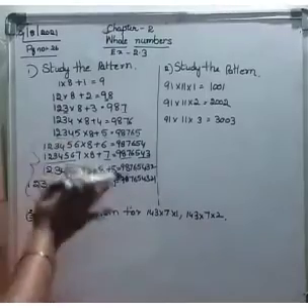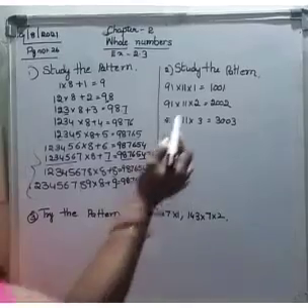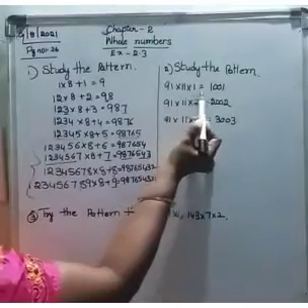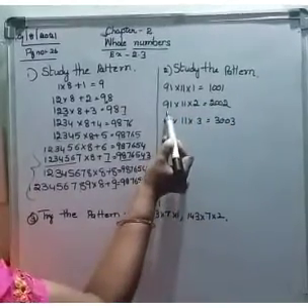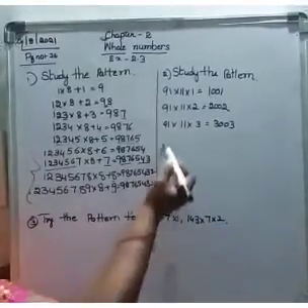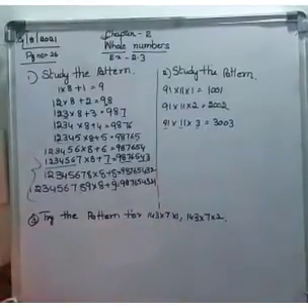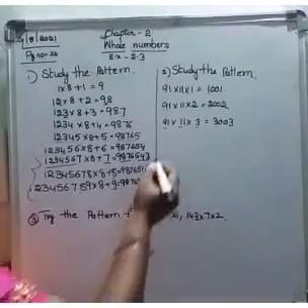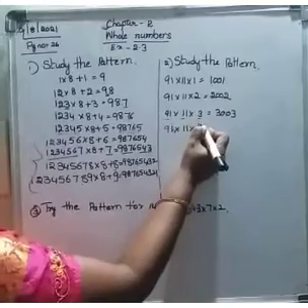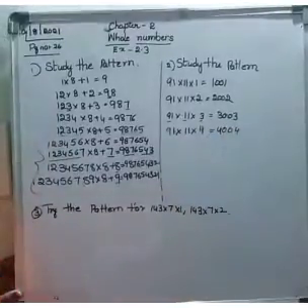Next, when you complete the answer, you have to study the following given pattern very well. Next, study the pattern. The second one: 91 into 11 into 1 equals 1001. 91 into 11 into 2 equals 2002. 91 into 11 into 3 equals 3003. Just think, what is the next pattern? 91 into 11 into 4. So we have to get the answer 4004. Right?